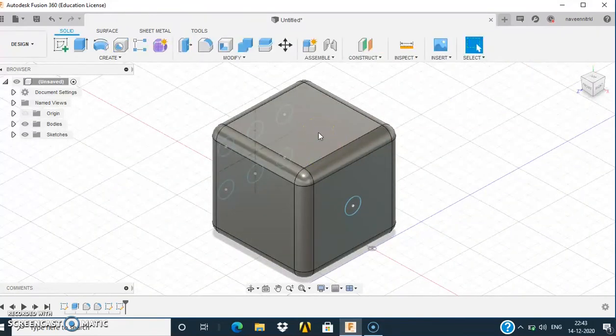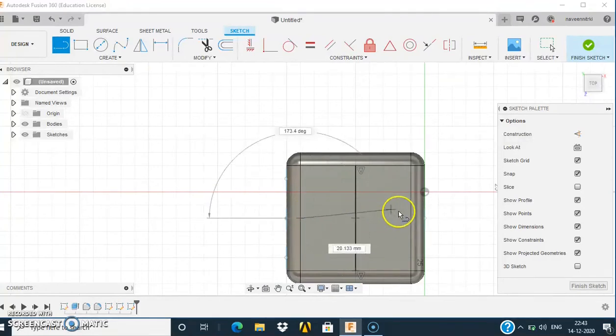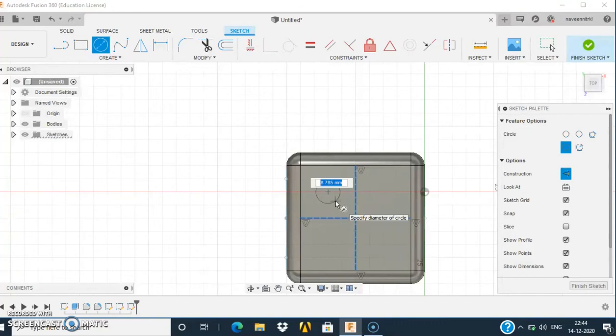Now I am selecting this face, go to create a sketch. Again I draw two lines. Both are construction lines. So here I am selecting like this to make them construction lines. Then I am creating 4 circles of 8 mm.